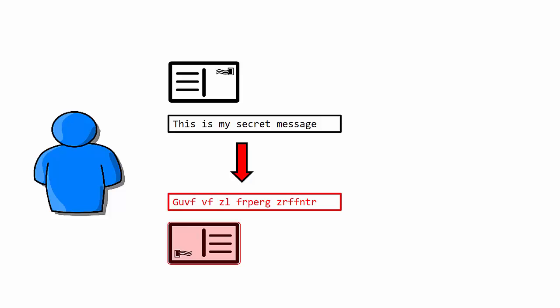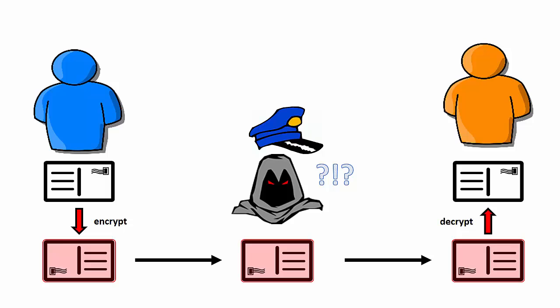So I, as the blue sender, take my postcard and I encrypt it using some fancy technique. I will represent that as a red postcard. Now I'm sending an encrypted message to my friend, and the evil postman in between cannot interpret what the message says because only my friend has the instructions on how to decrypt the message. So I, as the sender, encrypt my message. It's now unreadable unless you have the special information you need to decrypt the message and view it. So this will thwart our evil postman, and we could do something like this on the internet as well.